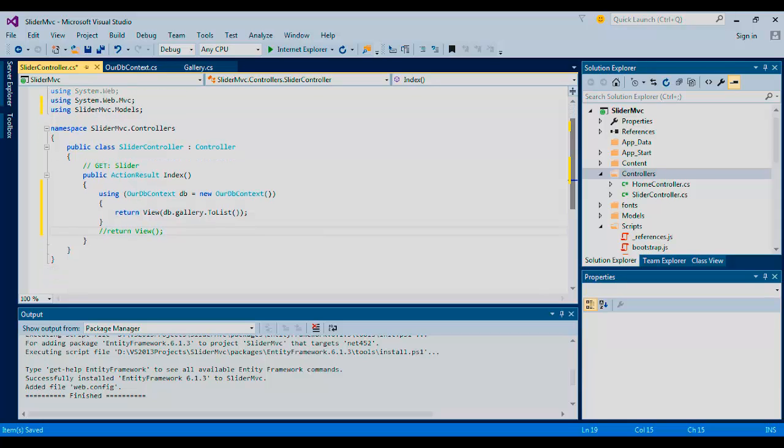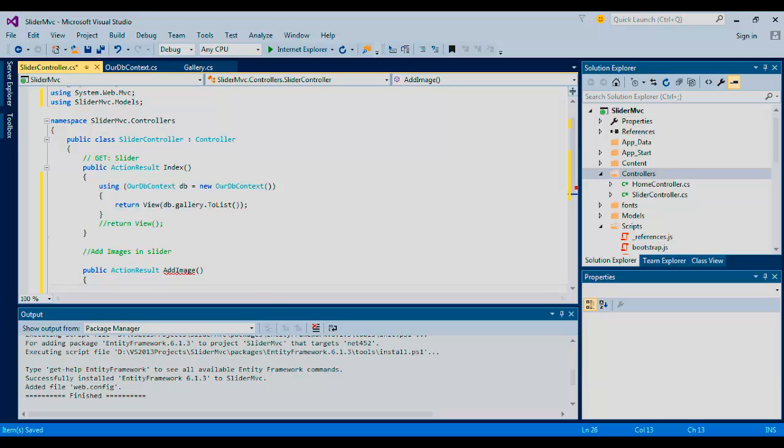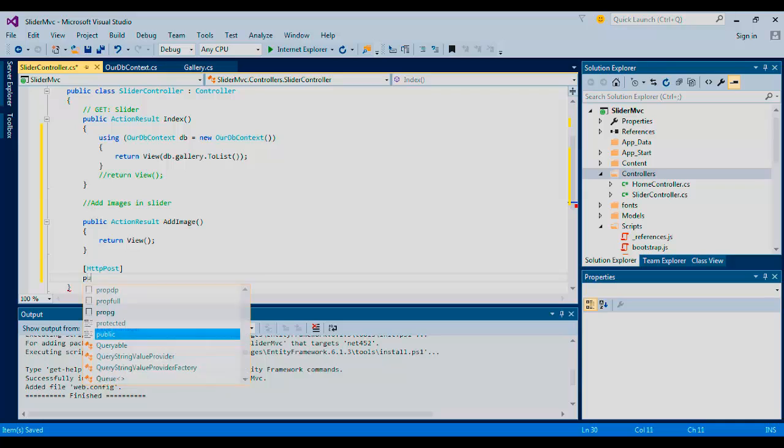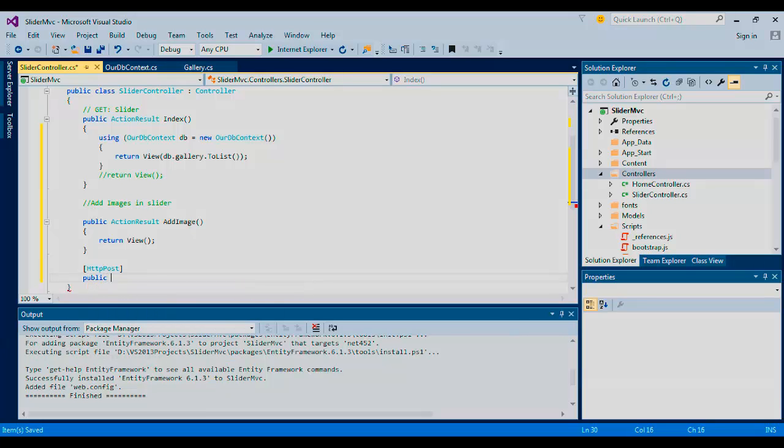And I am also planning to add functionality like adding the image to our slider. So public ActionResult AddImage. Return view, that is, it will show the add image view. Also we need to post that image. So HttpPost, public ActionResult AddImage